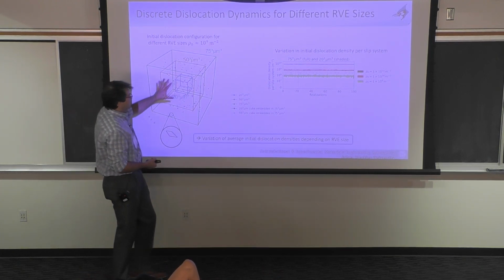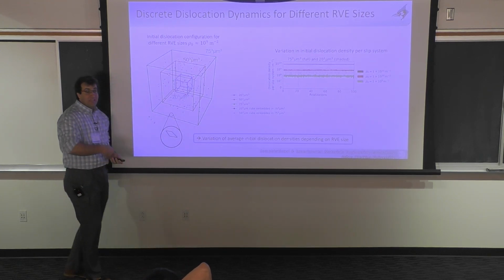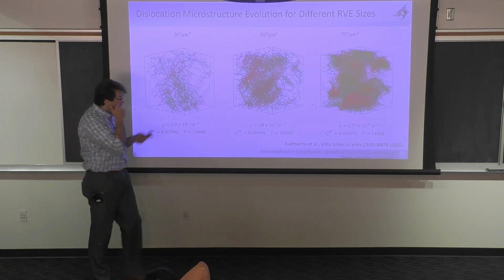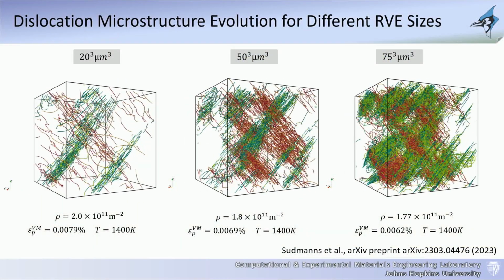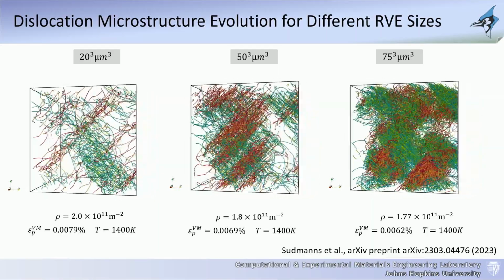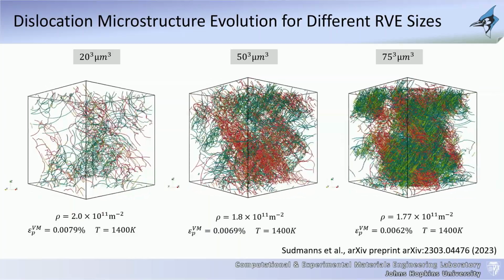So then the question was, if we actually design simulations at 75, 50, and 20, and do the full cool down more properly for these three cases, let's see what we get. This is what you start getting in these three cases. I'm showing you the actual simulation results at the end of the simulation time, starting with a very low dislocation density of 10 to the 19.